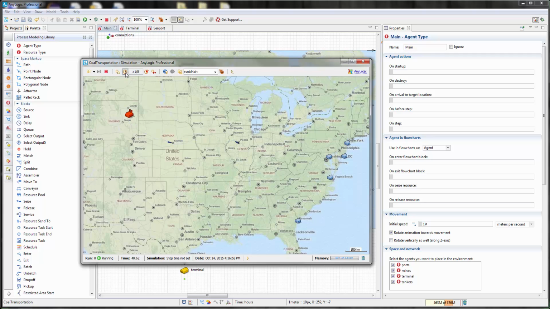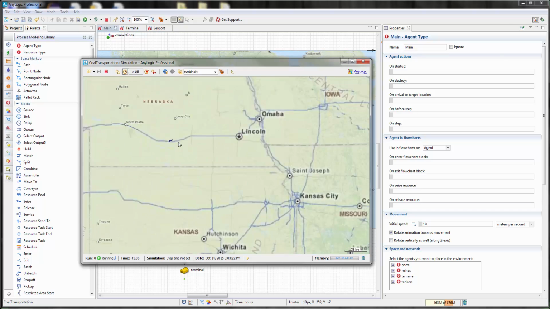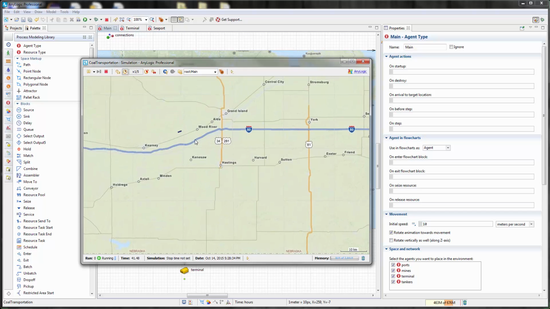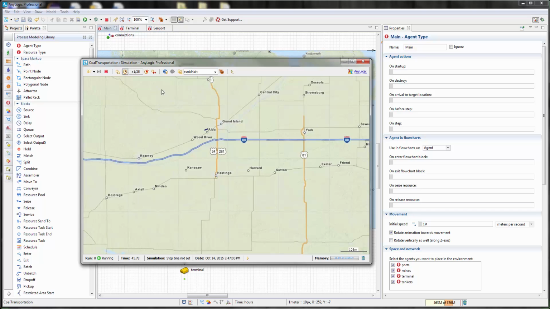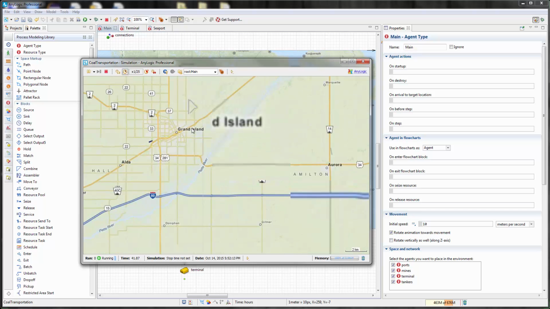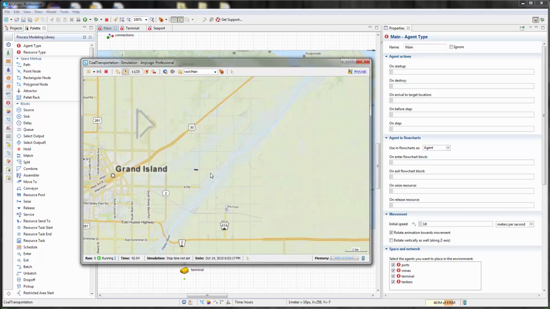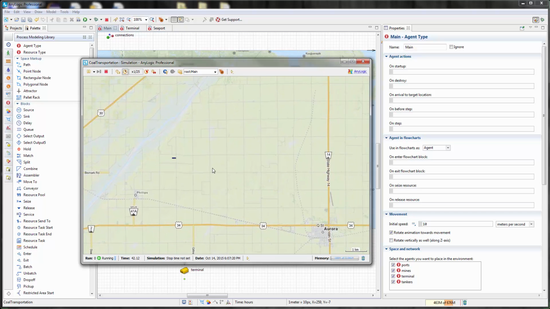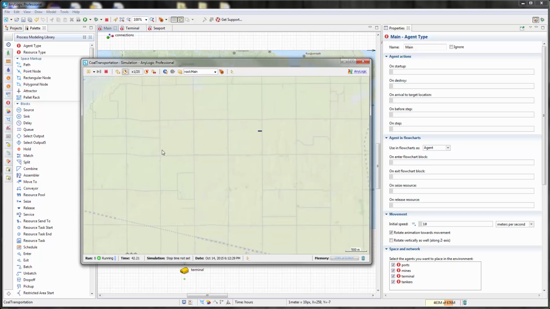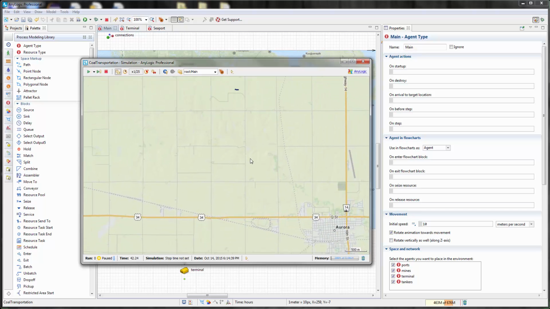And there we see the trains moving across the map, and we'll zoom in and we'll see there's a little difference between the actual rail line and the train, and this is purely, as we said before, a positional